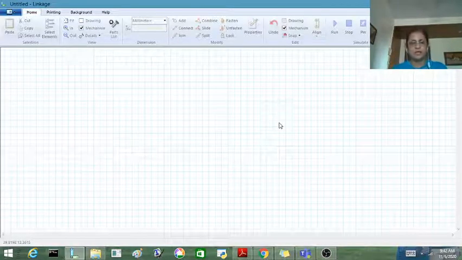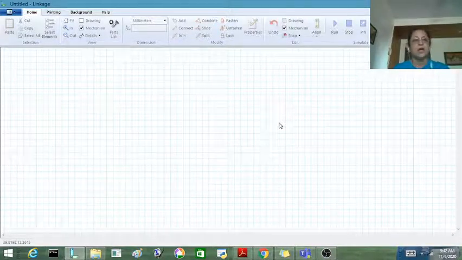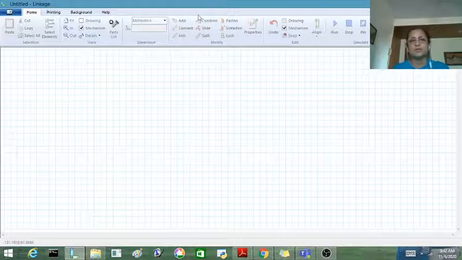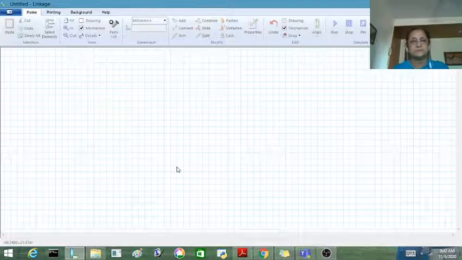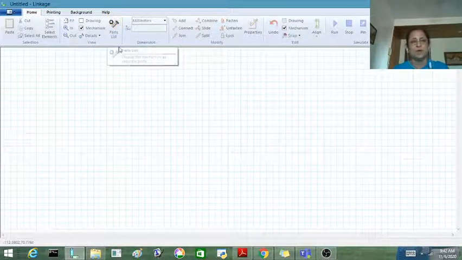If I click on my Linkage software which is installed on my machine, this is the window which gets opened, and you can see the menu like any other software, and lots of options are there.